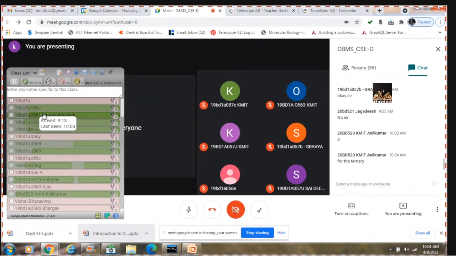Yeah, ternary is 3. If you have 3 participating entities, then you call that particular relationship a ternary relationship. If you have 2, it is binary. If you have 1, it is unary. Is it fine? Yes, ma'am.